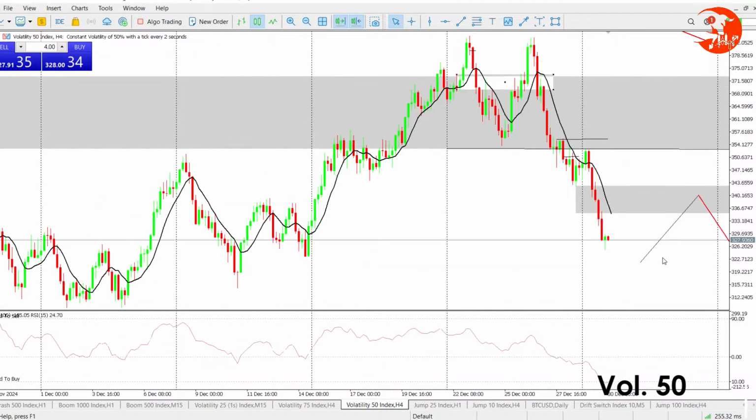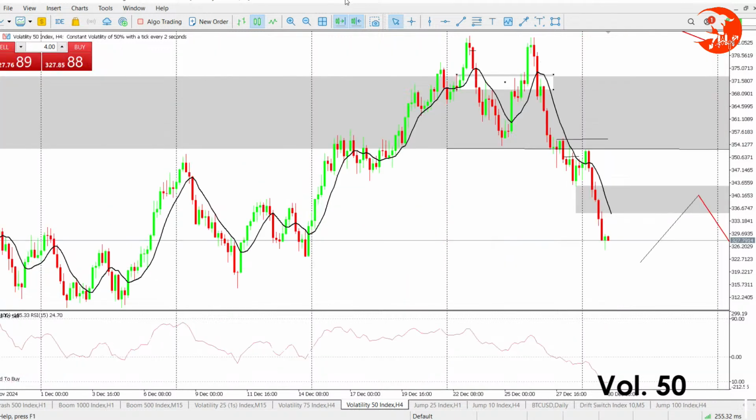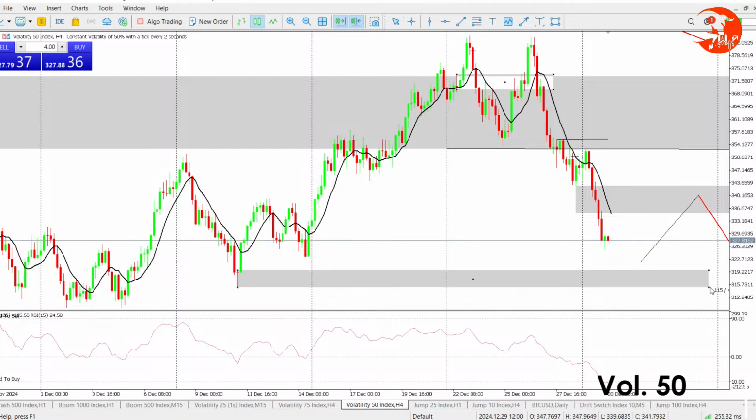So now we had a change of character on the daily time frame, but we are getting to those levels where we will be anticipating the buy. So let's understand if we have started the buy. According to H4, we clearly see that price is trying to react from that level, but it's not conclusive yet. So probably it may even come to this level. So we will wait,